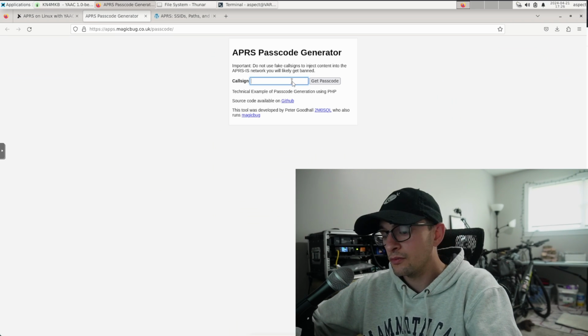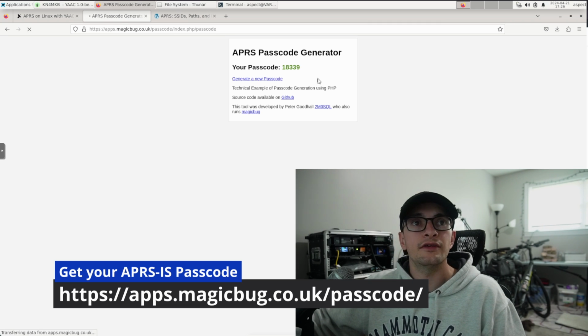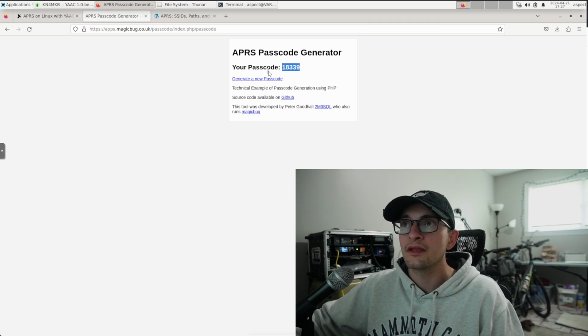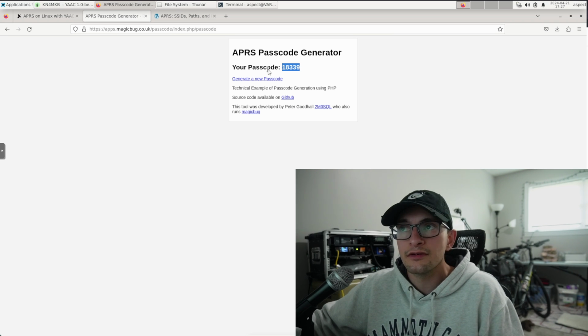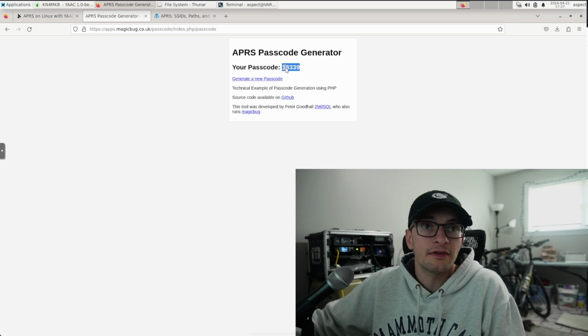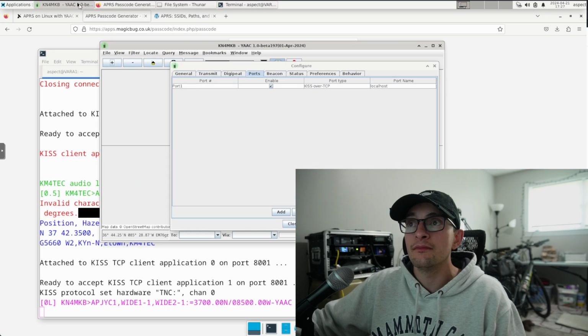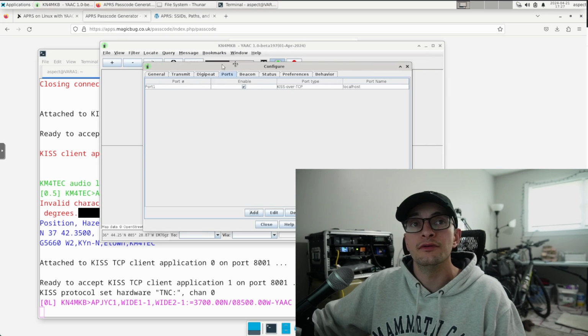So navigate to the website that I have here, and you're going to put in your call sign, and you're going to hit get passcode. And so you're going to take that passcode, and I don't care about showing it to you guys. Once again, it's open source. This isn't some authentication. It's just to prevent bot spam. So once I have that passcode, I'm going to go back to